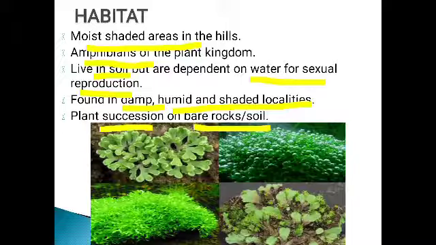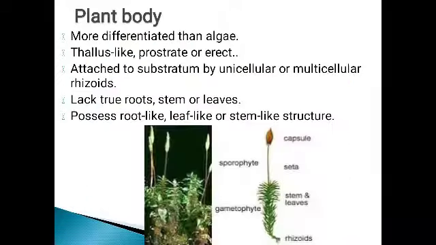Otherwise, a crack should be there through which the root can grow, isn't it? So soil will not be available in the beginning stage. That's why all plants may not be able to grow on a bare rock at first itself. So first the lichen will be growing. It will erode the rock and produce some soil. Then after that, bryophytes and the other groups of plants will be growing. That is why we can say that bryophytes play a very important role in plant succession on a bare rock.